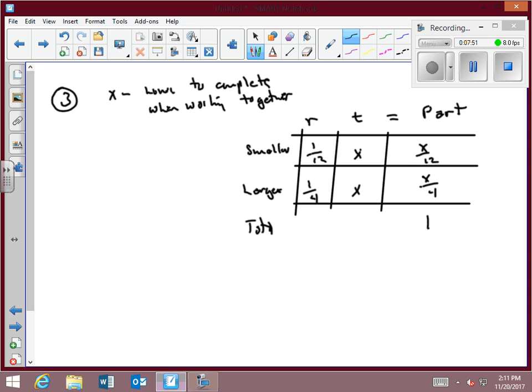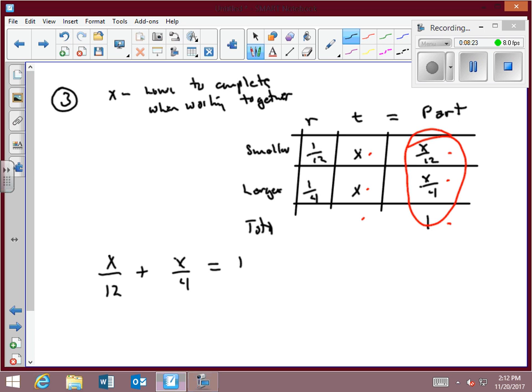So now you can see what? Here's your equation right there. Because time, in terms of the columns, these can add together to get something down here. You can't add rates, right? So in terms of total, this will be X over 12 plus X over 4